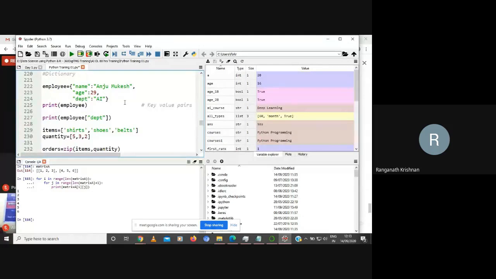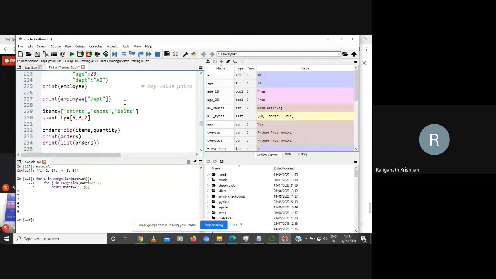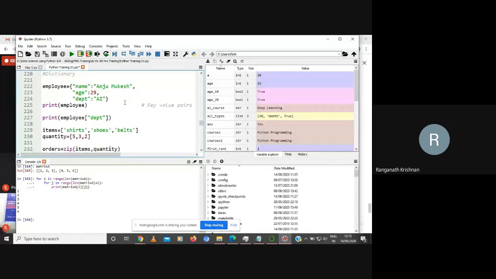This is called a dictionary object. How many of you are aware about JSON files, XML files? How does it store values? Key value pair.